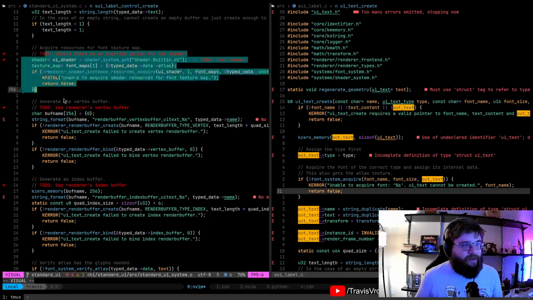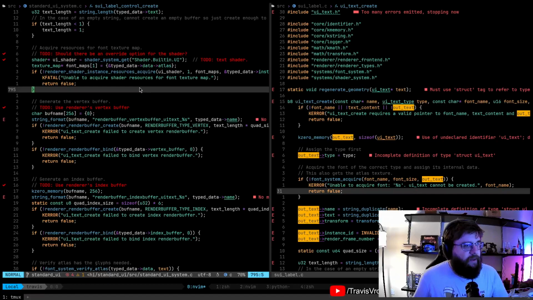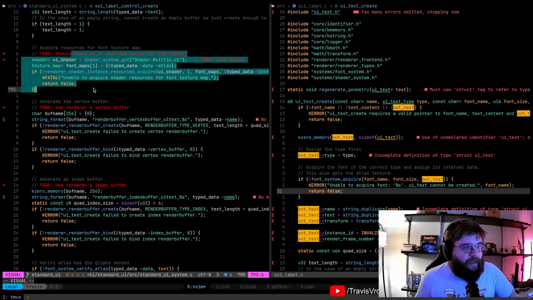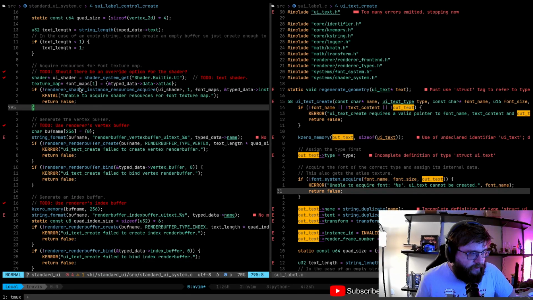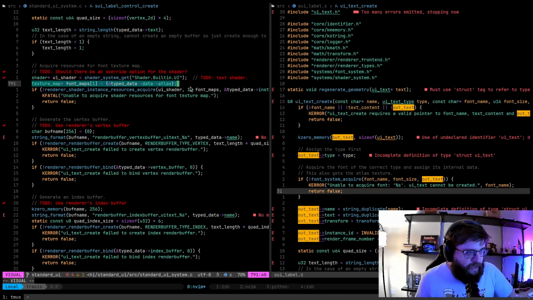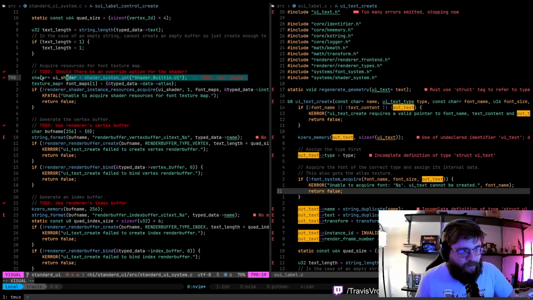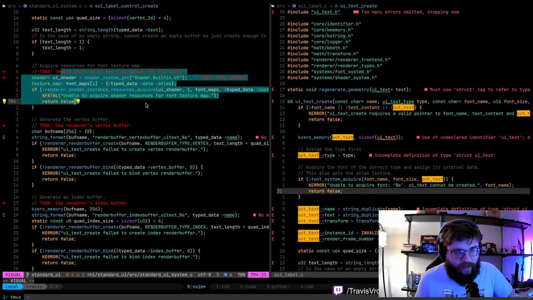We're requiring instance resources for that, I think for font maps. Let's see, UI shader. Yeah, so maybe we might want to have a separate shader for this. We'll look into that a little bit.